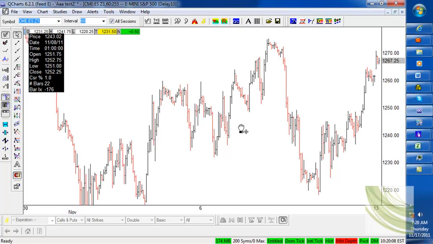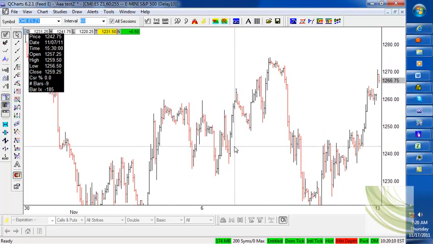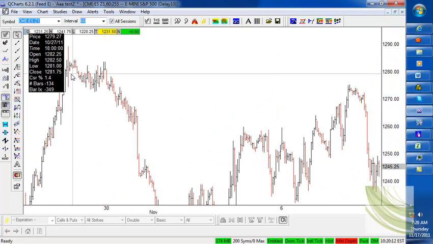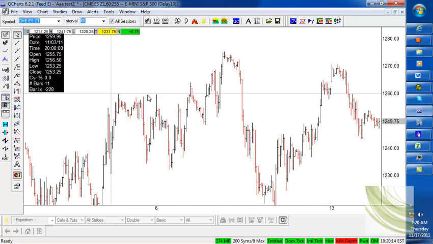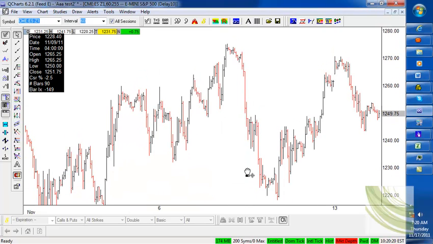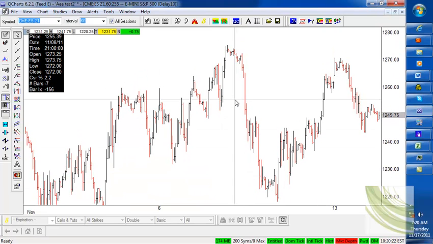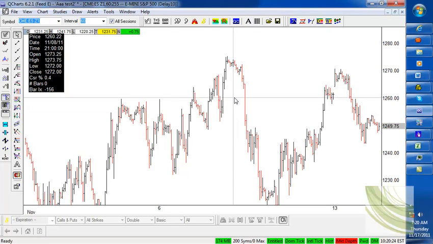Now that's all well and good, and up she went, and as she went up, she tested the highs and didn't make it past the highs, and then you have one of those nice, on your daily charts, a nice Willie Nelson sell indicator here, and that's WN, by the way, and I call it Willie Nelson so it's easy to remember. And so what happens is over here,